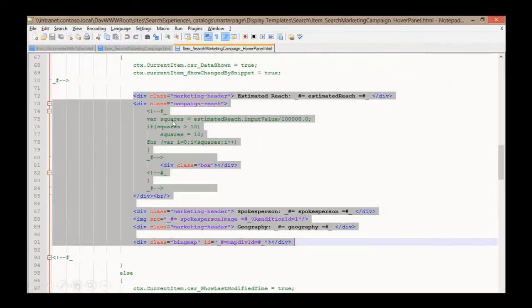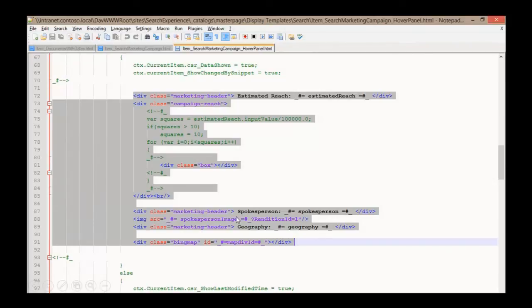I do that by basically dividing the estimated reach value by 100,000, and then in a for loop, printing out some divs that look like squares. So these will scale based on the reach of your campaign. You can have 3 squares or 10 squares depending on what the search information that you get back contains. And then I have the spokesperson here, and then I use an image tag here with